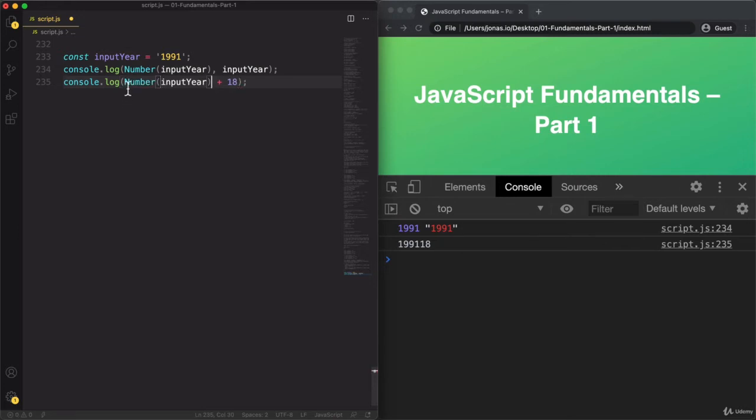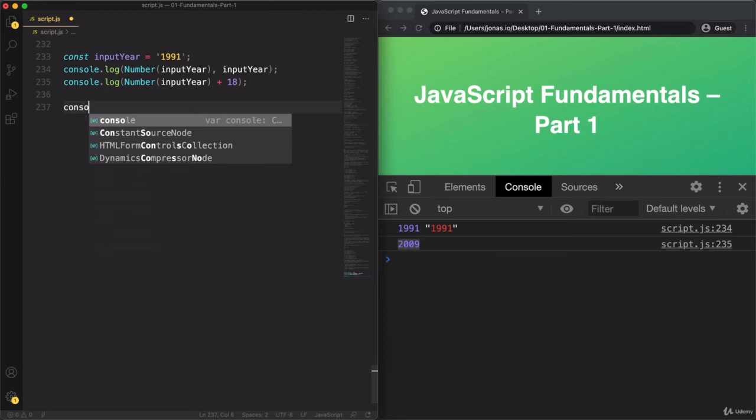This will now convert the number, and then to that number, the 18 will be added. And so now we should end up with something like 2009, I guess. And indeed, that's right. But now, what if we're trying to convert something to a number that is impossible to convert? Let's try that with a string